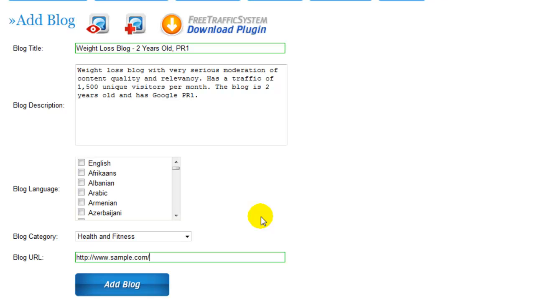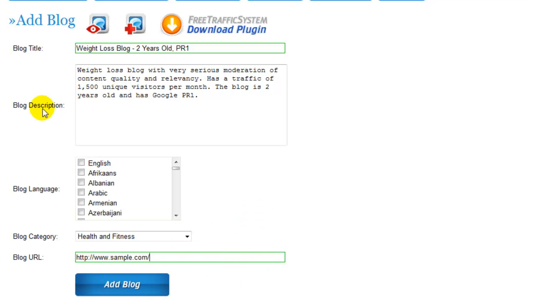With the URL, please be very attentive. This should be the URL of the folder where your blog is located. If your blog is on the home page, okay, then simply the home page. If it's in some folder, let's say blog, or maybe your blog is installed into a weight loss folder, then please indicate this specific folder. If your blog is installed on a subdomain, no problem. Put it here. The most important thing is that our system, the free traffic system, should see the URL where your blog is installed, that folder, or if it's the home page where the blog is installed, then the home page.